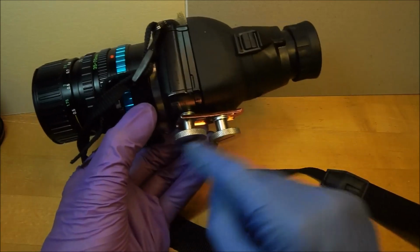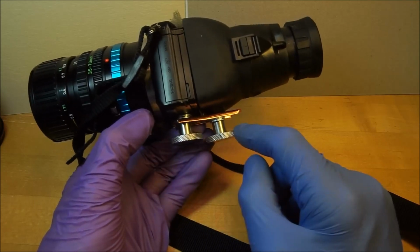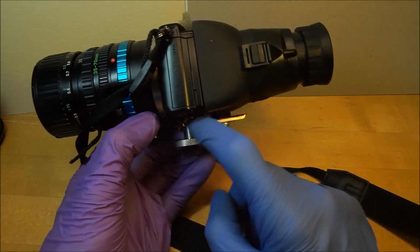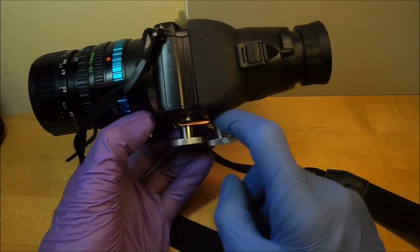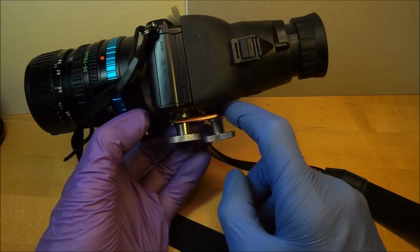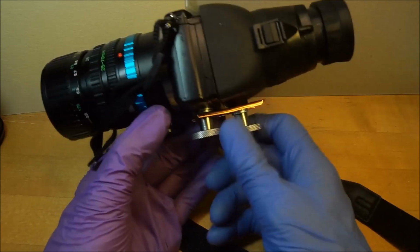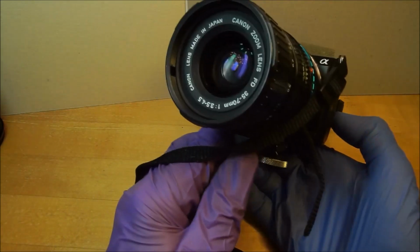So all you do is you buy 2 of these. You can get them at any camera store, superstore. And then you get a bracket from a home improvement store or hardware store, and a couple of washers, because you're going to need them. Then this is a 1/4-20 here and a 1/4-20 here, and you just tighten it all up and you go. And this is the Canon